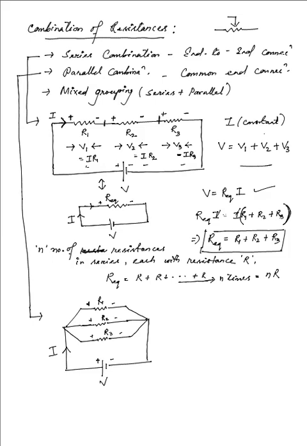Now as the current travels along this, the potential difference that has been provided over here is the same, that is the plus end and the minus end obviously will have the same potential difference that was provided to the circuit. And as the potential difference across these two ends is the same, the potential difference across R1, R2 and R3, all of them will have the same potential difference for the common end connection,